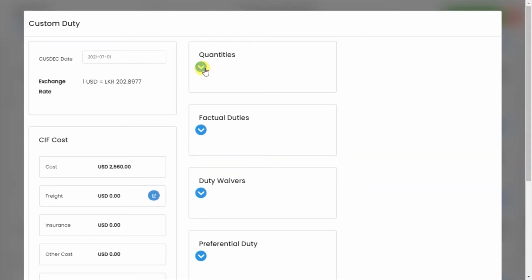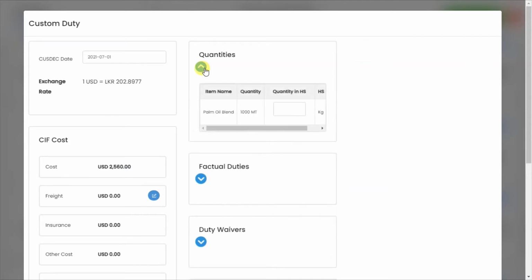Quantity basically means that for some commodities, general duty is applicable based on the quantity, and for some commodities it is based on the customs tariff. So we have to select both percentage-wise duties and quantity-based duties, and then customs considers the method that gives the highest value as the customs duty.